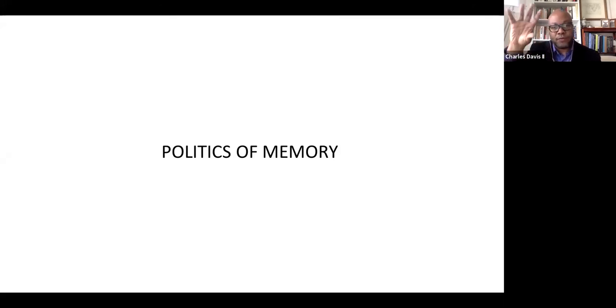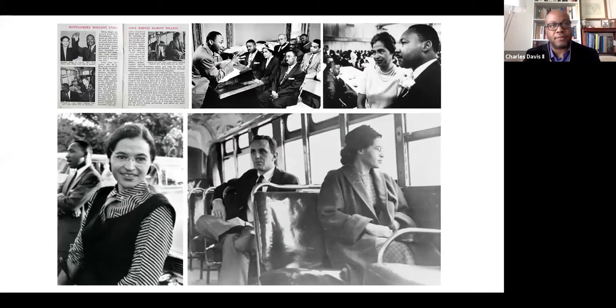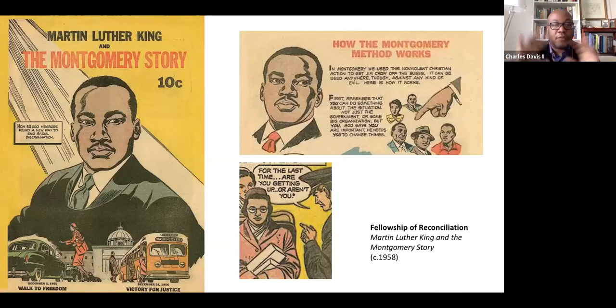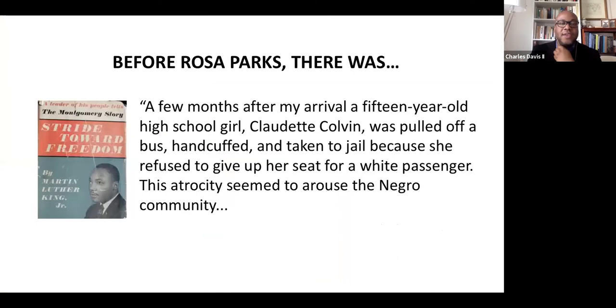Instead, we lionize individual figures like Martin Luther King and Rosa Parks. But even within that kind of narrative, King, because he was educated in college through seminary, Rosa Parks, because she worked within the civil service, she was a light-skinned, respectable person. She had the cadence and the ability to speak in a way that would appeal to moderate and liberal whites. That's why she was chosen for that story. Even all the way down to comic books, right? That kind of popularizes for children what the official narrative was of this movement. But King himself says in his biography that she was not the first person to do this and to be